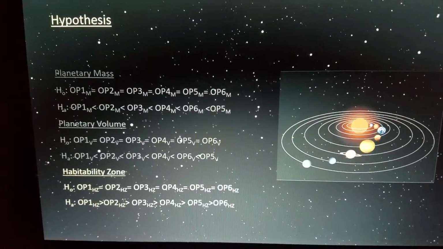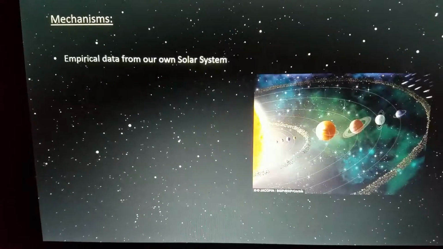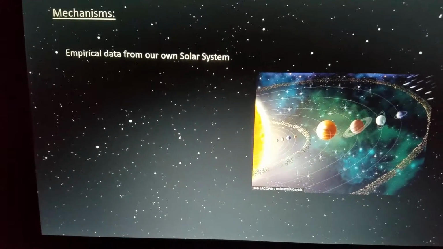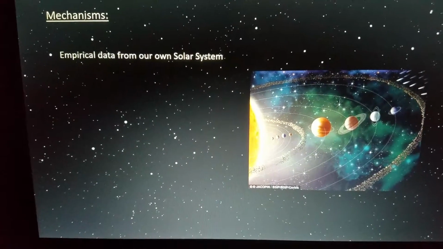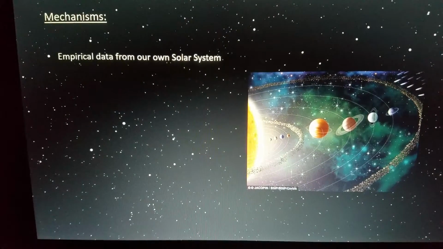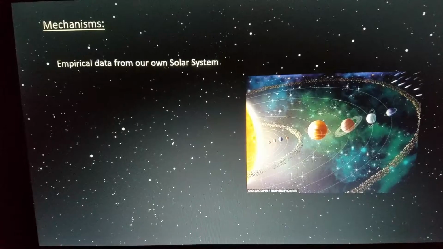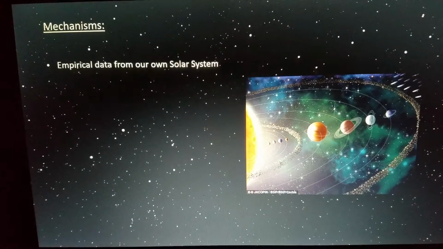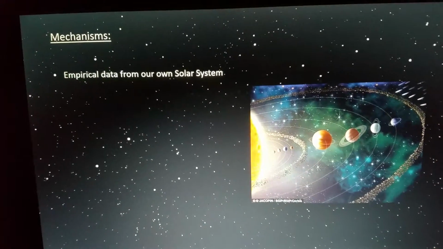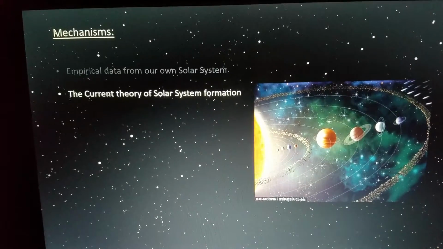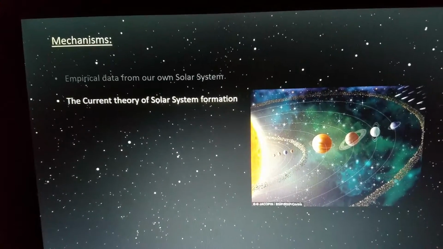likely it is to be habitable. So the mechanisms of why this works comes from empirical data, and data that we can see and observe within our own solar system. The pattern we observe with our solar system, we can infer onto other solar systems. And it also goes in line with the current theory of how the